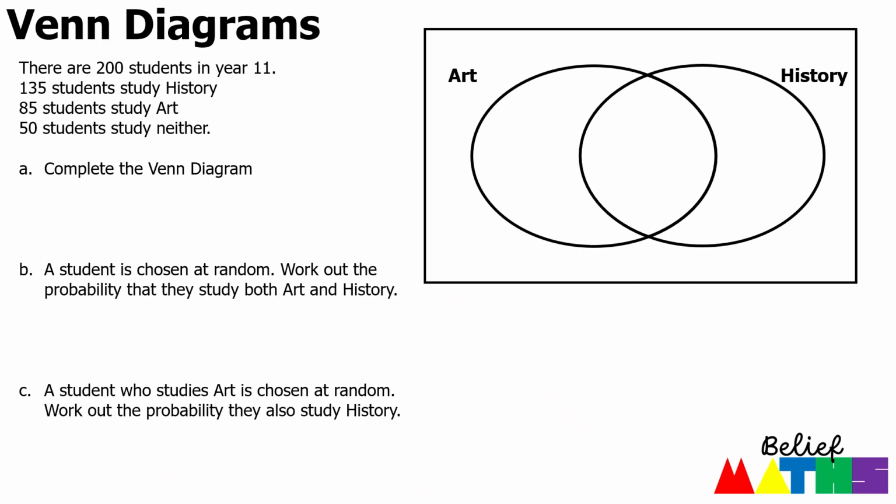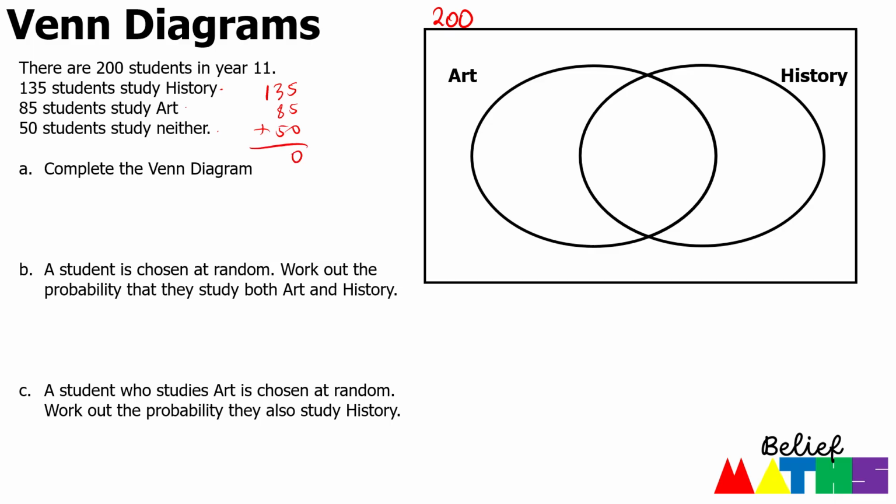Now, Venn diagrams is quite a popular topic that comes up nearly every year. So we've got 200 students in total. I like to put that 200 up here just to remind myself that's how many I'm going for in total. Now, we've got the number of students who study history, art, and neither. Now, there's something wrong here because if I add those numbers up,